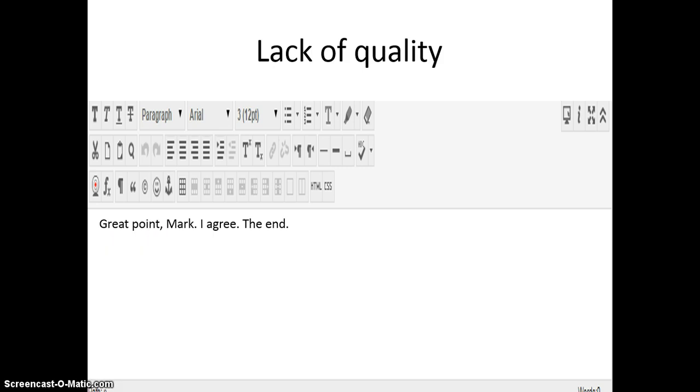And another consistent problem with online discussions is the lack of quality sometimes that you get from certain students and the amount of effort they're putting into their posts. You need to be very clear to students that it's very important for them to post thoughtful messages that move the conversation forward in some way or another. Just posting, yeah, I agree, is not an acceptable posting, and it will not earn students any points, or it shouldn't. You need to explain to students that their post should show that they've read the material, and that they've also read the responses of other students, and that they're engaged in a conversation with everybody.